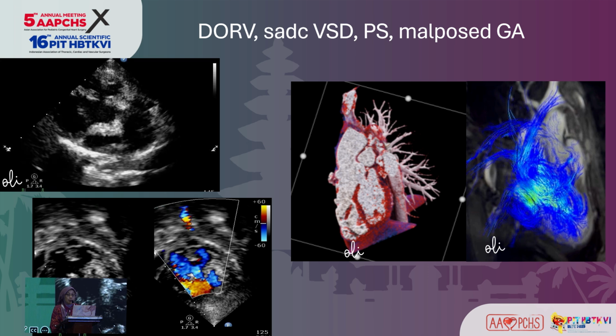Next is a baby girl, 3 months old, with double outlet right ventricle, subpulmonic VSD, malposition of the great arteries without pulmonary stenosis. Cardiac CT confirmed the VSD located beneath the pulmonary great artery without pulmonary stenosis. We also found hypoplasia of the isthmus with stenosis at the left bronchus due to compression of the main pulmonary artery. Then the patient is planned to undergo arterial switch operation, coarctation repair, and treatment of pulmonary hypertension.